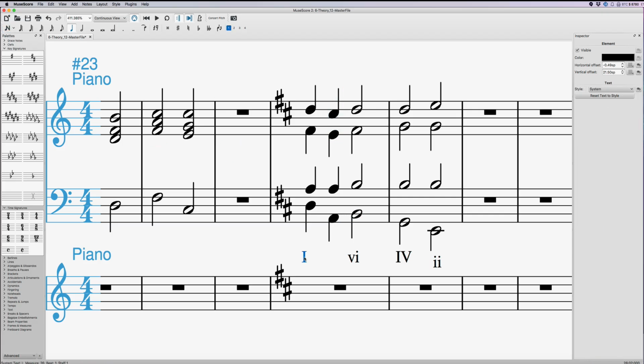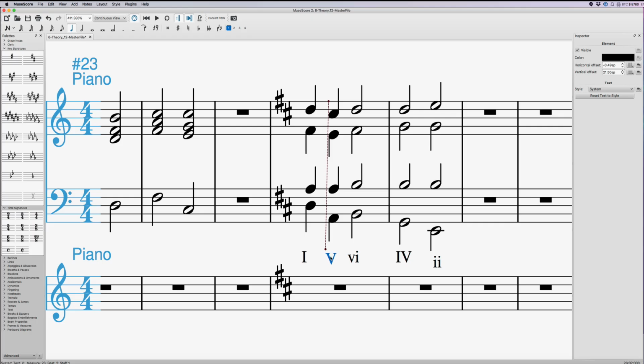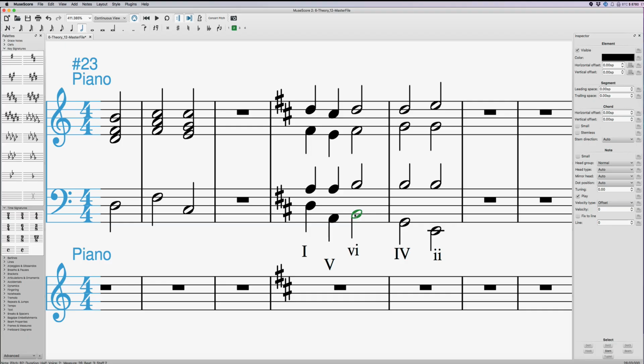So now we have a 5. Okay, so I'm still on a descending third sequence. I'm just going to add a note in between, right? So fifth. I'm just going to put this one a little bit lower so we can see that it's a little bit separate. Okay, now I'm going to go to